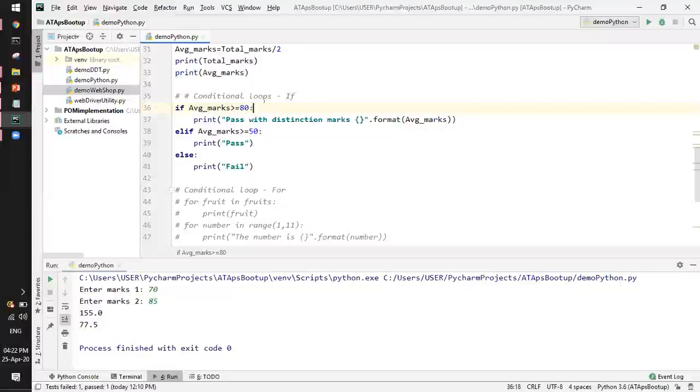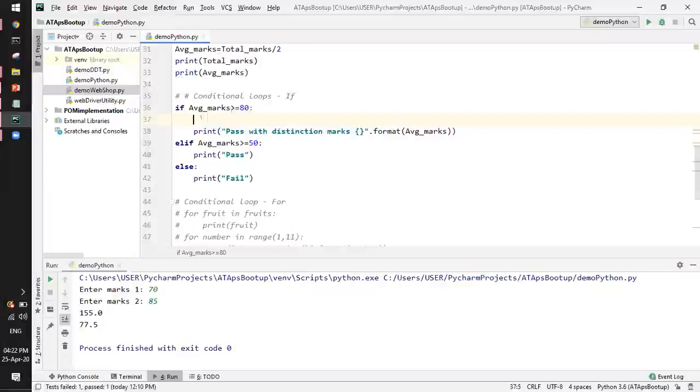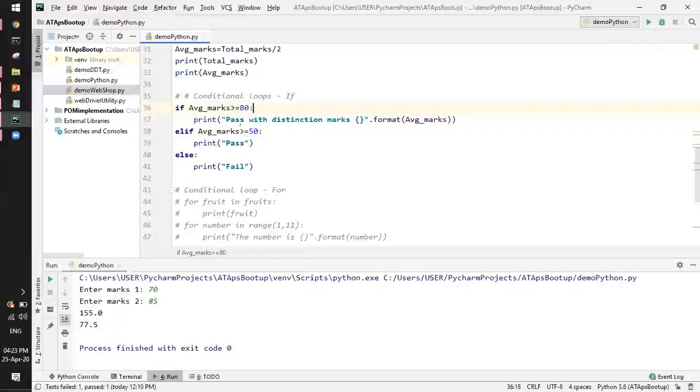The moment I press enter after the colon, I can see an auto indent added to the value I'm going to enter. The indent itself tells Python that all the values after the indent are a part of that particular class or variable or method being executed.